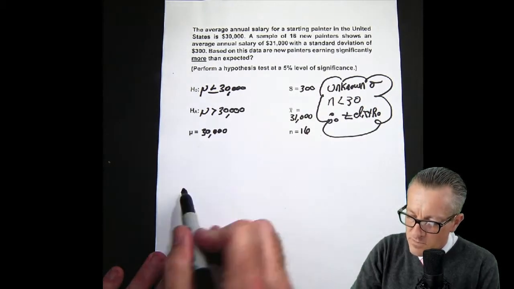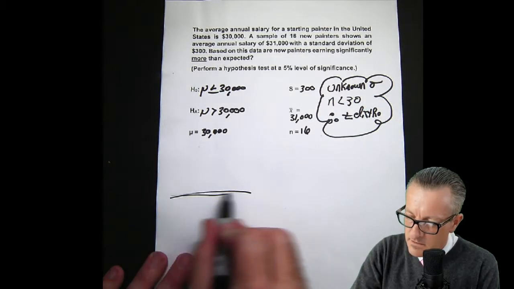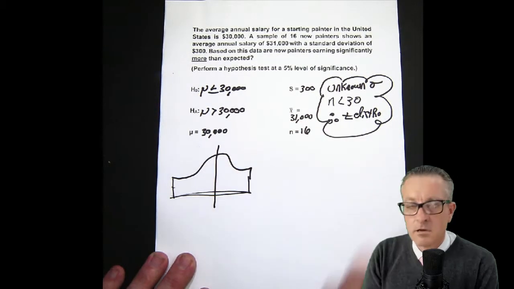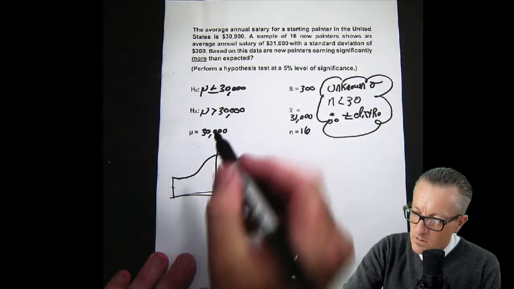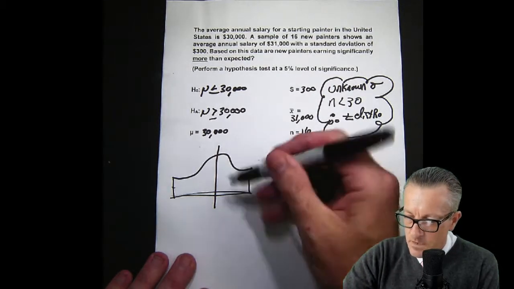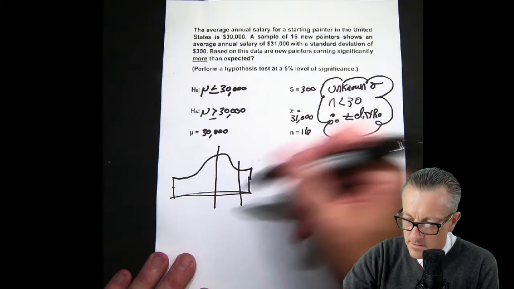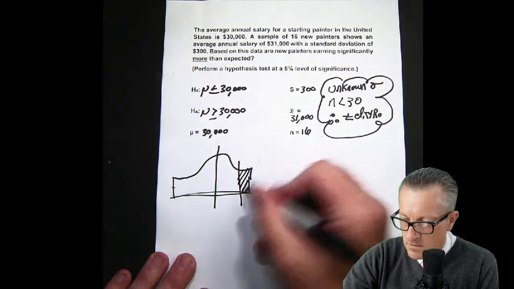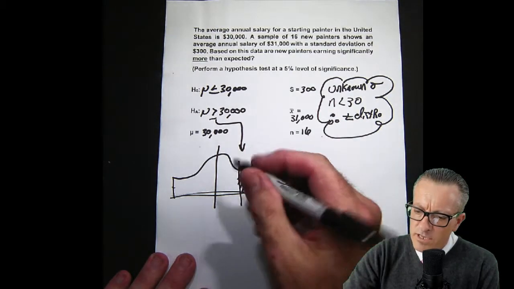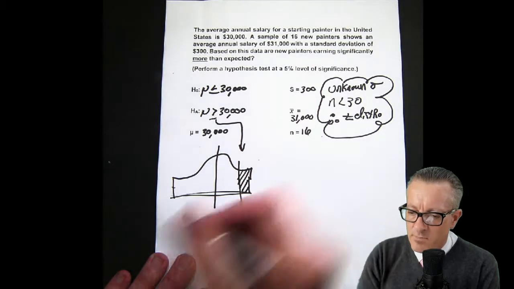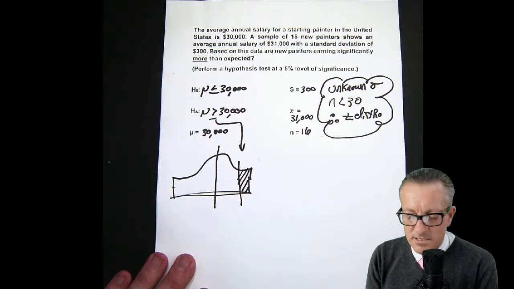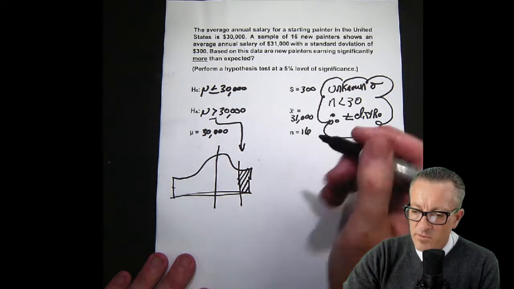Okay. I always draw pictures with the hypothesis tests. The inequality of the alternative hypothesis always points towards our area of interest. So in this case, it's pointing to the right. Even though we're not using the rejection method, we still want to set this up like we are. We can call this our area of interest. It's still a rejection zone, but we're dealing with probabilities and p-values.